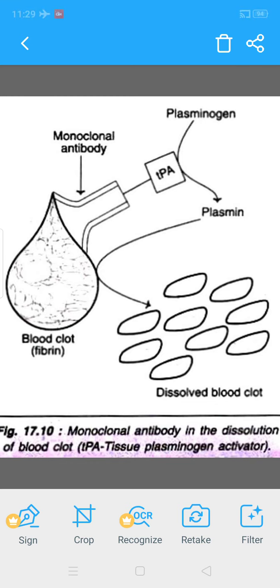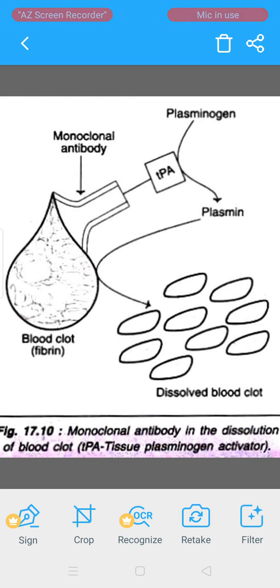A great majority of natural deaths are due to the blockage in coronary or cerebral artery by a blood clot. Fibrin is the major constituent of blood clot, which gets dissolved by plasmin. Plasmin is formed by the activation of plasminogen by plasminogen activator. The blockage of arteries occurs due to inadequate dissolution of blood clot.